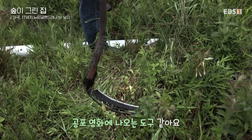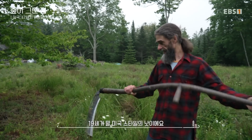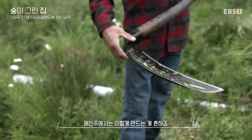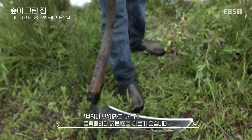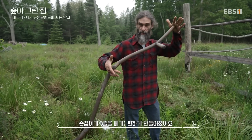Looks like someone from horror movies or one of those sort. This is a late 19th century American style scythe. They used to make blades like this here in Maine. This one's a brush scythe. It's good for cutting blackberries and coarse stuff. So it looks like it might fit the role, but actually